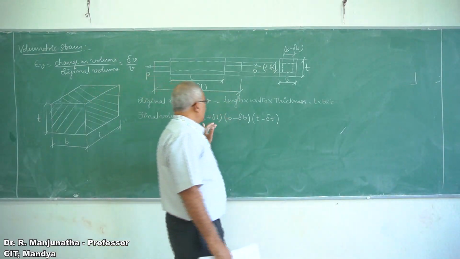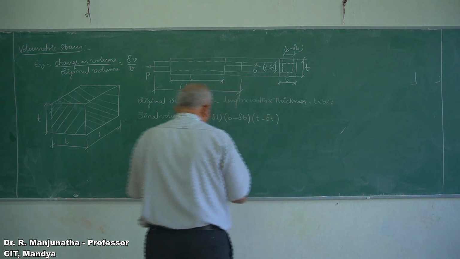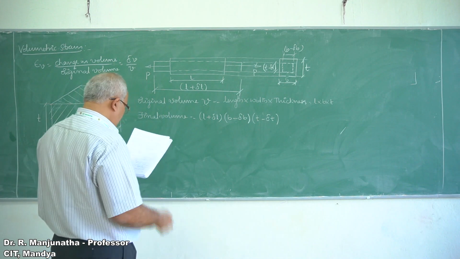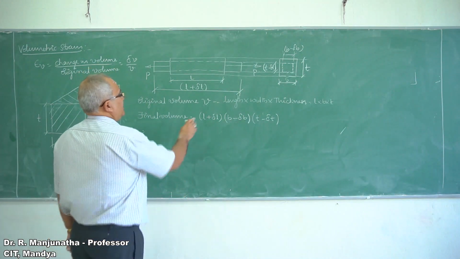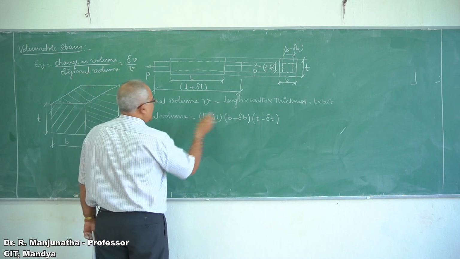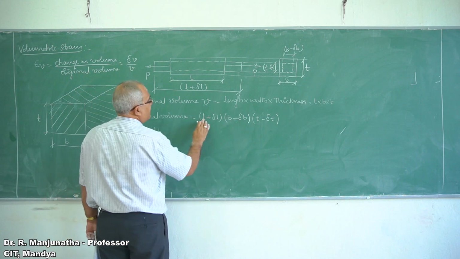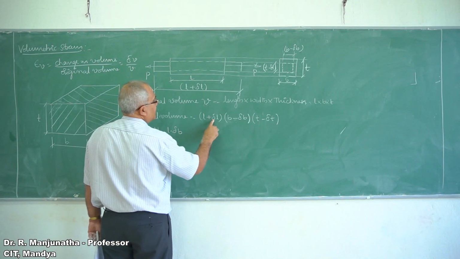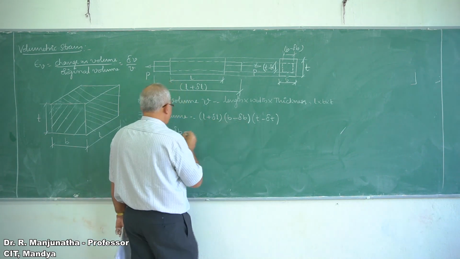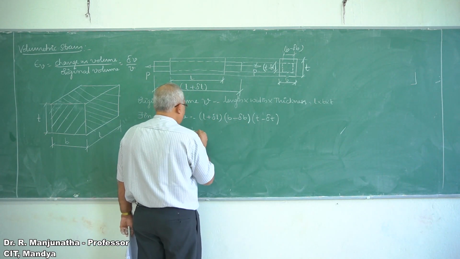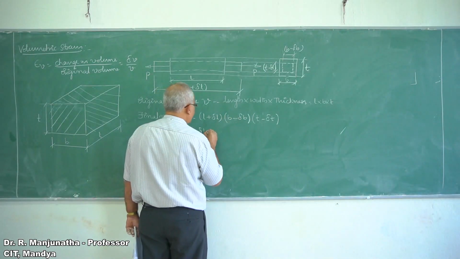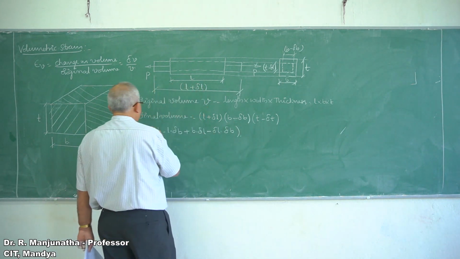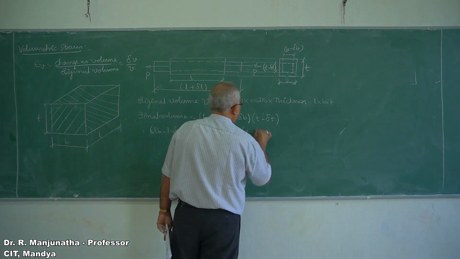So that is the reason why you are getting positive and negative here. Now when you are applying this, we will open this bracket. So that will be equal to: first we open between these two, L into B minus L into delta B, then plus B into delta L, plus into minus becomes minus, delta L into delta B. So that is multiplied by T minus delta T.